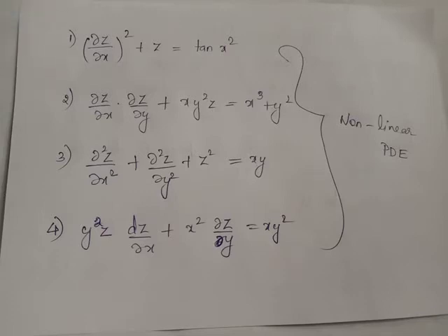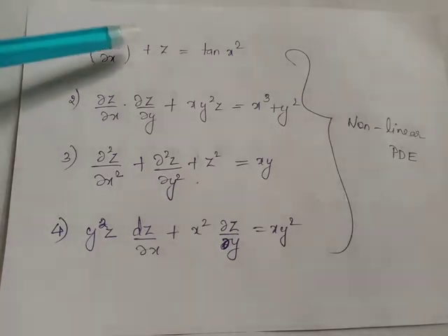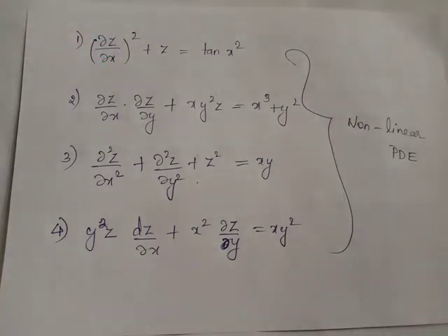Consider the first equation. Here you can see that the power of dependent variable in this equation is 1 because z is the dependent variable. Here there are no terms which occur in the product format of dependent variable z and its partial derivatives. Still it is a non-linear partial differential equation because the partial derivative ∂z/∂x has power 2. If its power was 0 or 1, then it would have come under the category of linear partial differential equation. Since the partial derivative of the dependent variable has power more than 1, this is classified as non-linear partial differential equation.